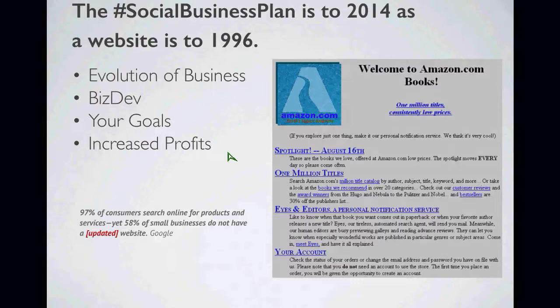So this just goes to show you the first Amazon webpage. They did what they could with what they had, right? They published it. They probably sold some things off of it. And this is the evolution of business. You know that Amazon does not look like this anymore, and now you can buy everything on Amazon.com. You need to be willing to evolve. You need to be dedicated to your business development, to your goals, and to your increased profits. That is it. And you and I, we can all evolve just as the Amazons of the world have.